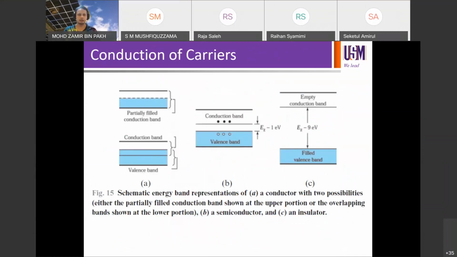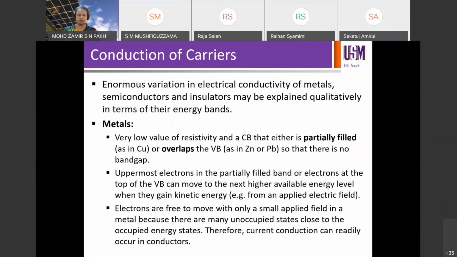So as a result of the band structure, we have covered a little bit on the conduction of carriers, which one is easily conductive and which one does not conduct and stuff like that. So let's go through 3 different types of band structures and what the effect is in terms of electrical conductivity. So the enormous variation in electrical conductivity of metals, semiconductors, and insulators can be explained in terms of the